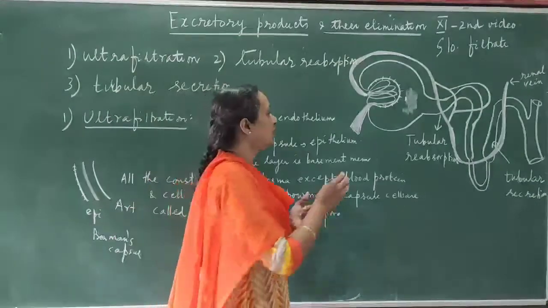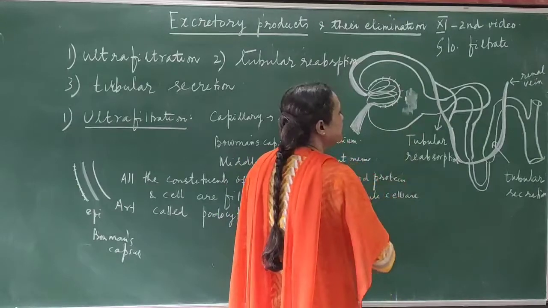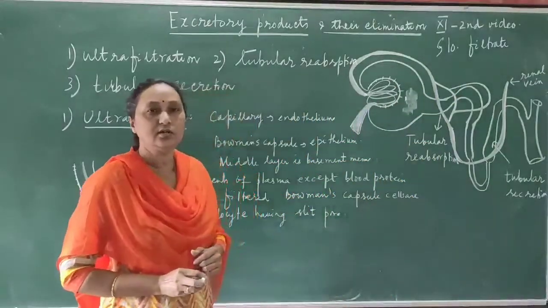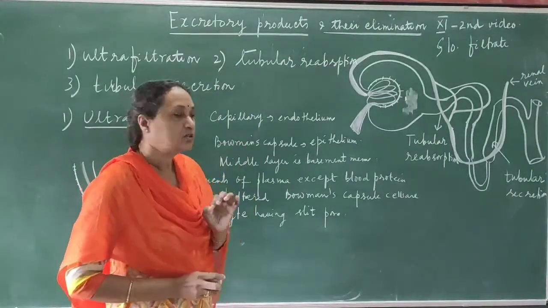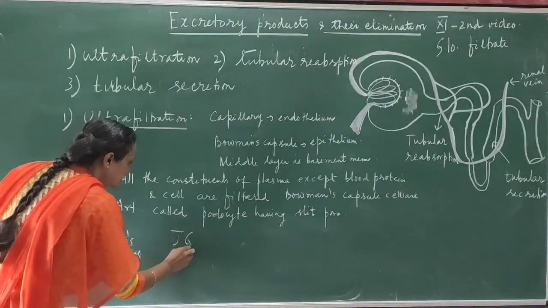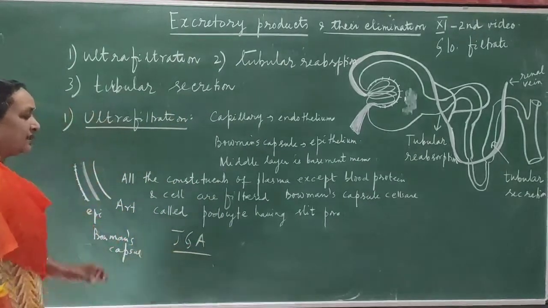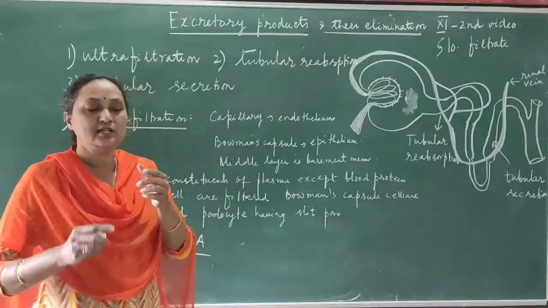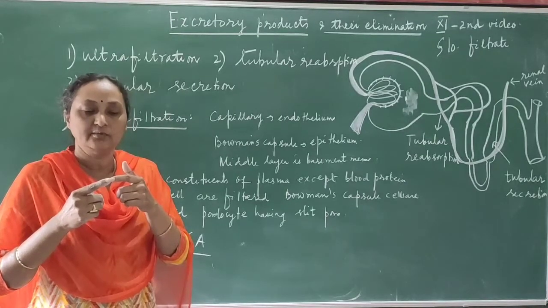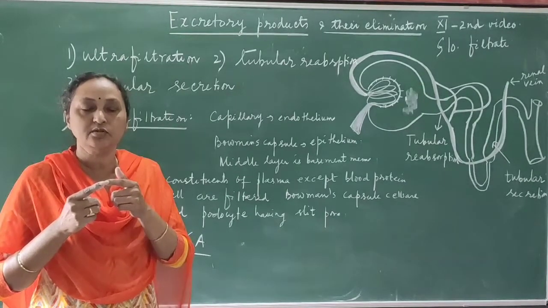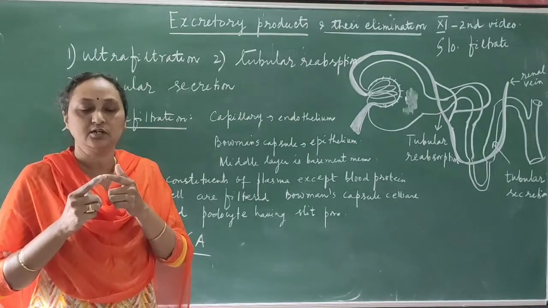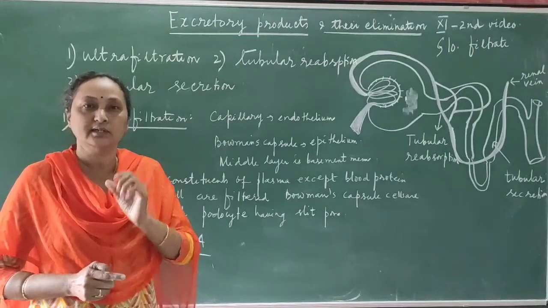ठीक है, सो द अल्ट्रा फिल्ट्रेशन, सो दैट इज टेकिंग प्लेस इन Bowman capsule, and the amount of the filtrate, so that is controlled by an area. So that area is called juxtaglomerular area, JGA. And the area, so that is very sensitive area. So that is the meeting point between the distal convoluted tubule and the afferent arteriole. Now, if there is the abnormal amount of the filtrate is produced, then the renin is produced from this area, and the renin is responsible for controlling the amount of glomerular filtrate.